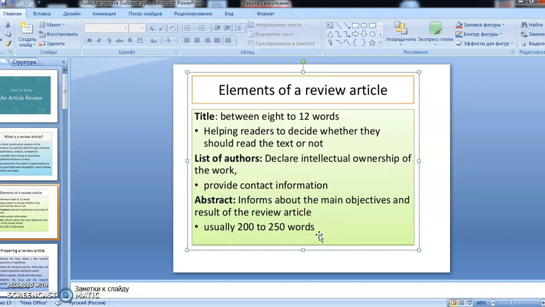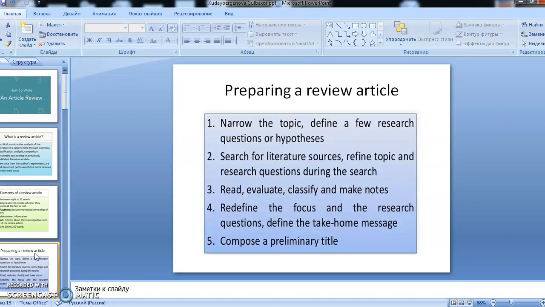This serves to inform about the main objectives and results of the review article. And the article is mostly accepted when it is written in 2000 to 2050 words.